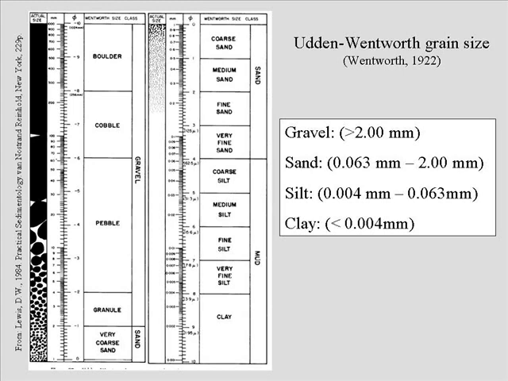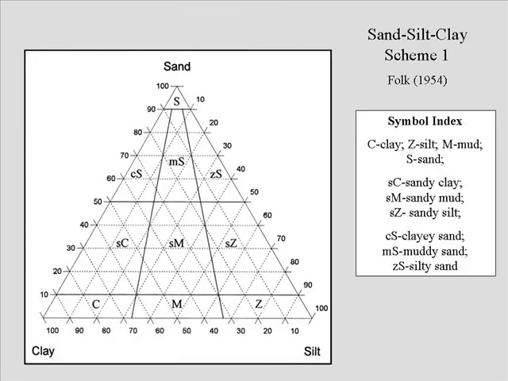The main thing to note is that we recognize four major divisions. Gravel, anything greater than 2 millimeters in size. Sand, which is the important one, which is the visible range, goes from 0.063 millimeters to 2 millimeters. Silt and clay. I also talked to you a little bit about what the Phi scale is all about, what that means in general. Then we introduced the whole concept of classification,